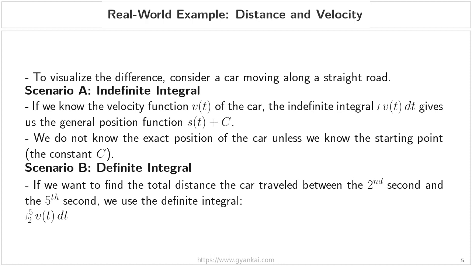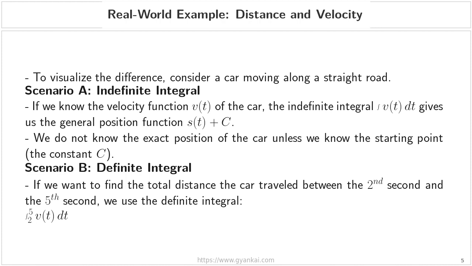This is where the definite integral comes in. We would set up the definite integral as follows: the integral symbol, then the velocity function, v of t, then dt. But now we add limits of integration, a lower limit of 2 and an upper limit of 5. So it looks like this. The integral from 2 to 5 of v of t